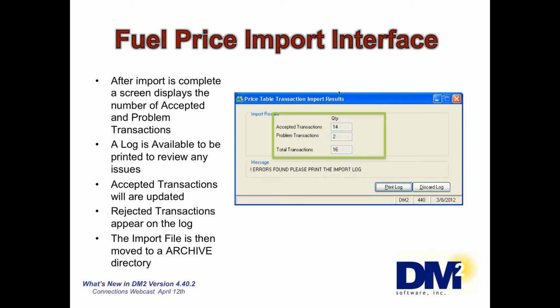After the import's complete, a screen displays the number of accepted and problem transactions. A log is available to be printed to review any issues. Accepted transactions are updated. Rejected transactions appear on the log, and the import file is then moved to an archive directory. So if you import your data and you end up getting an error on the log and you want to rerun it,